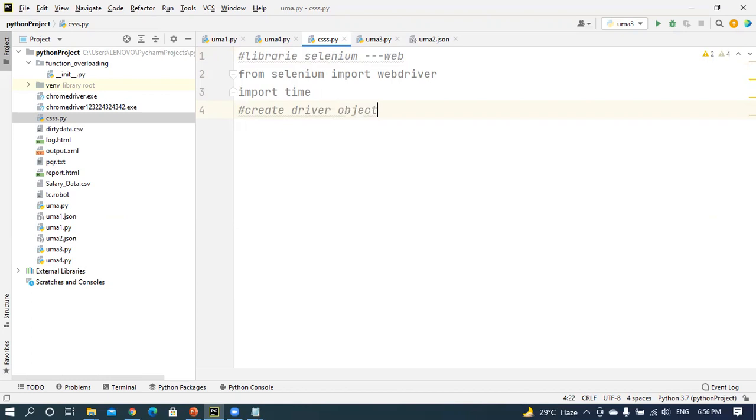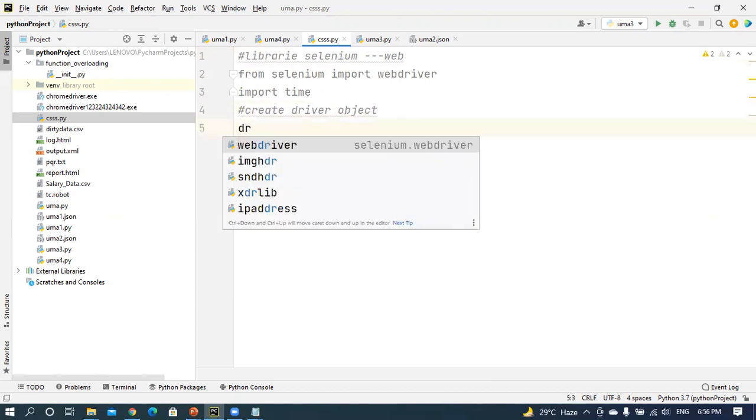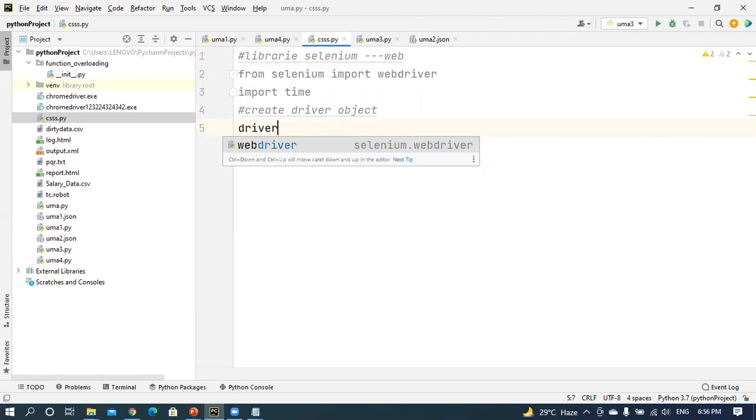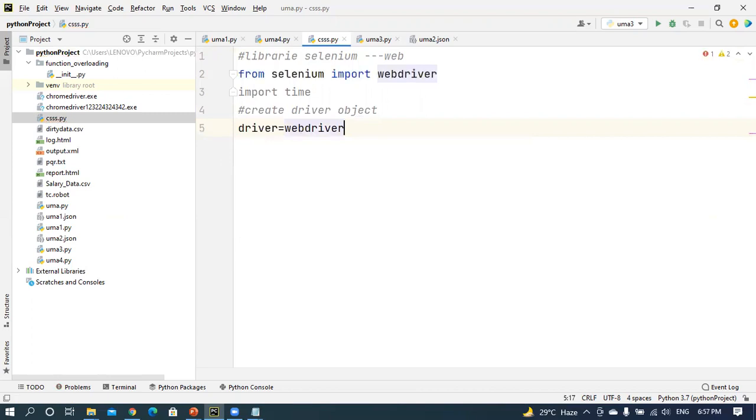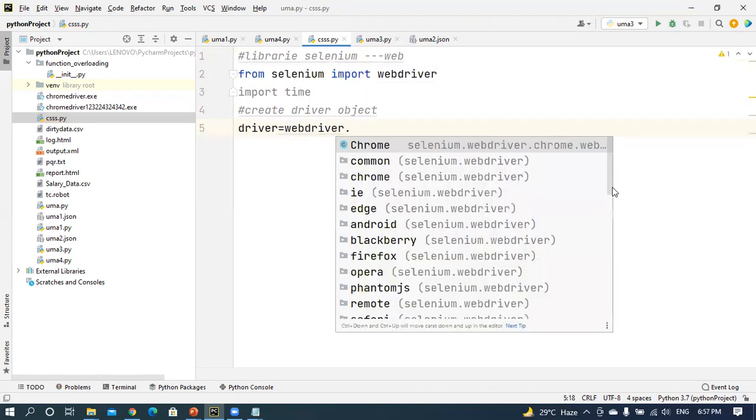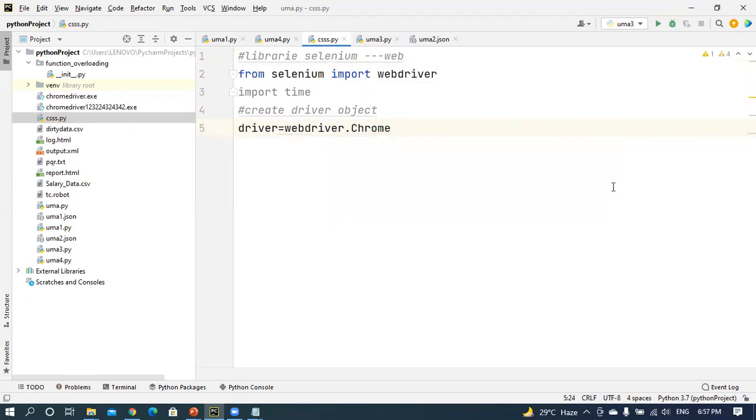How can you create the driver object here? Driver, for example, you may take any name. Driver equal to WebDriver.Chrome. That means Chrome is already installed in a particular path, that's why I'm going to use Chrome.